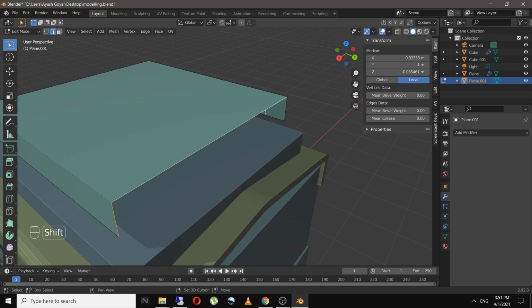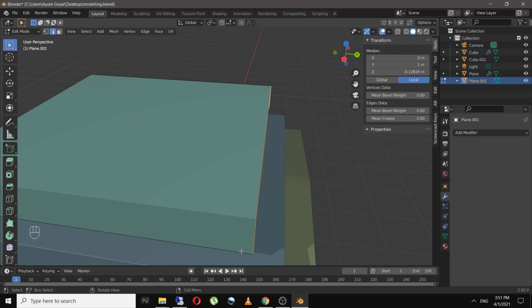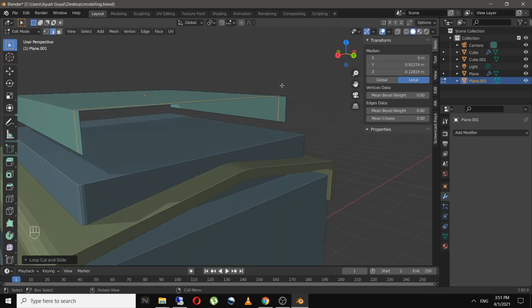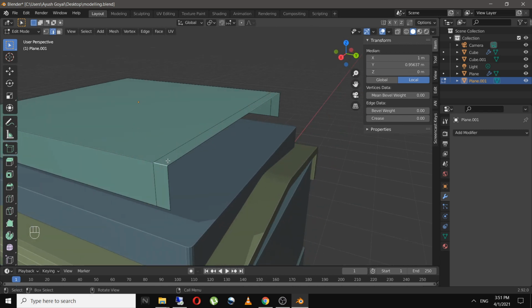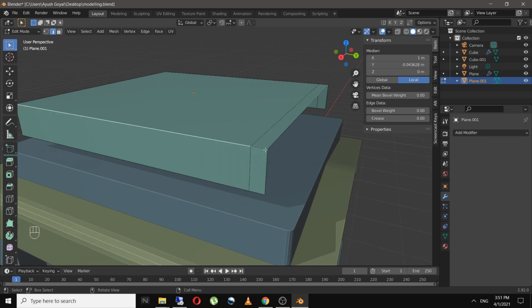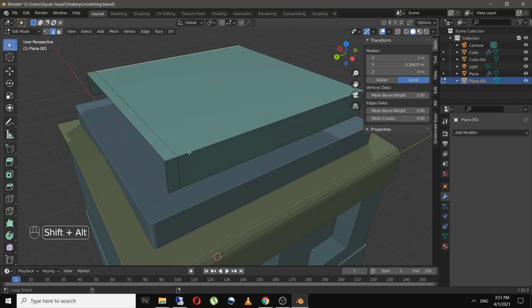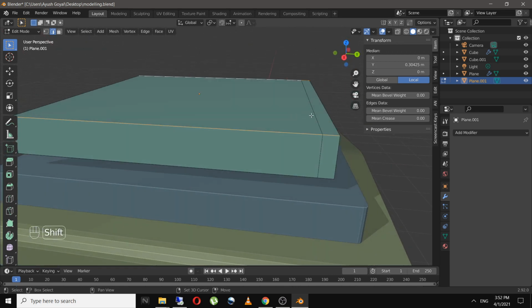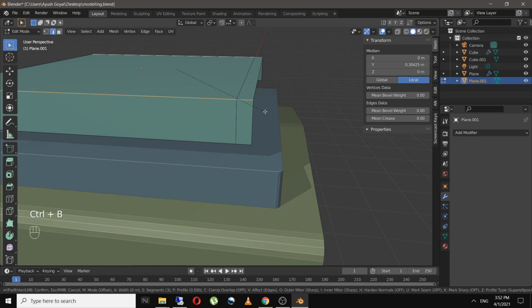So first I'll select these three edges, or I'll just add an edge loop just over here. And if you want to select the continuous edges, you can press Alt and click. So it will select the complete edge, and I'll then bevel it. Something like this.